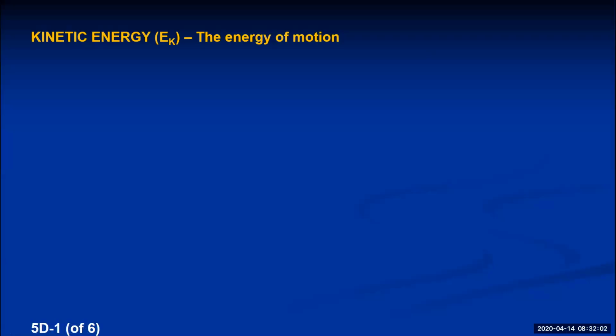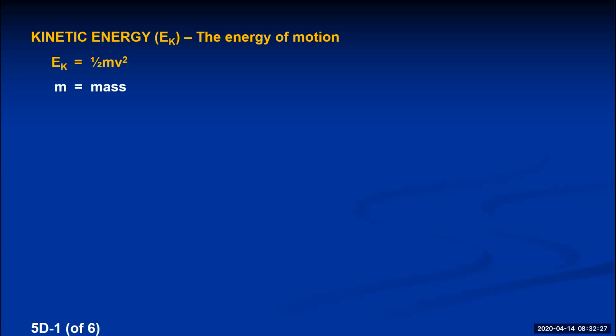This is lecture 5D. Today we're going to define kinetic energy, which is just the energy of motion. And if you've had some physics, you would have seen the mathematical expression to calculate kinetic energy of any object or any group of objects that actually have motion to them. Kinetic energy, E sub k, equals 1/2 mv squared, where m stands for either the mass of the object, or